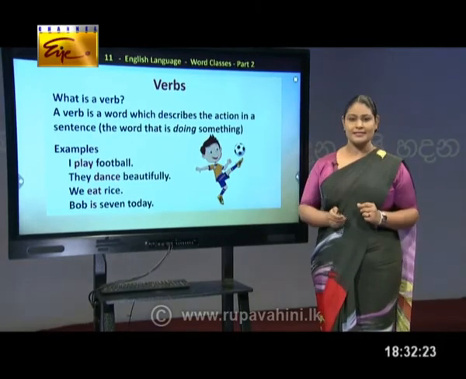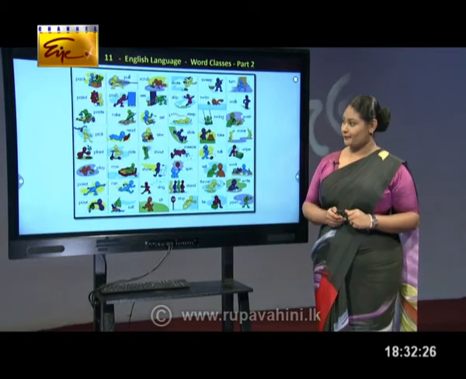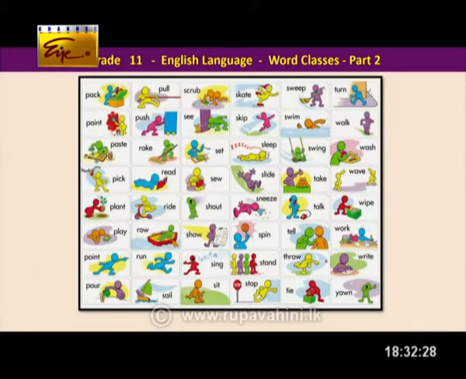Right, so let us go and see some more verbs now. Look at the screen. You have a lot of verbs here, along with their pictures, so you can understand the meaning of these verbs as well, looking at the pictures. What are the verbs? Pack, paint, paste, pick, plant, play, point, pour. Everything that is starting with P. You have pull, push, rake, read, ride, row, run, sail. Look at the pictures and try to understand the meaning of these verbs, children.